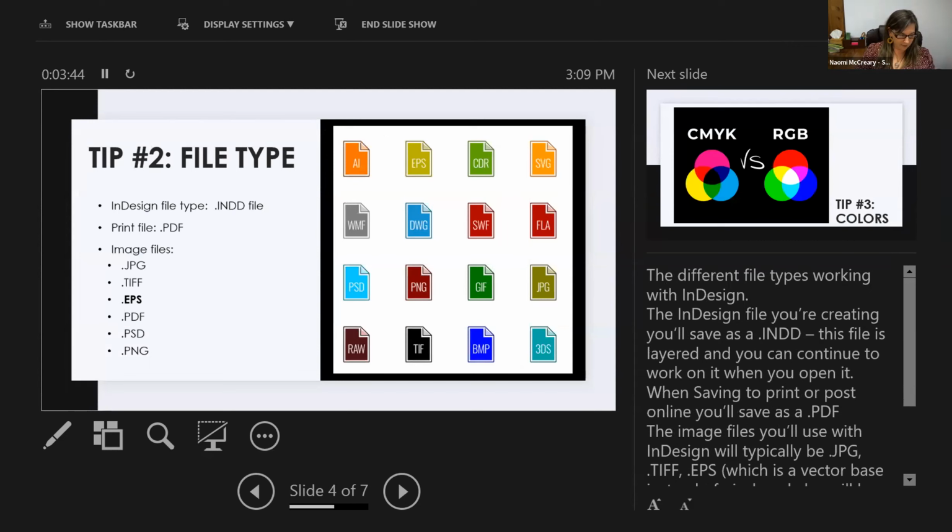The types of files that you're going to be working with in InDesign, specifically, your actual InDesign file that you're working on is a .indd file, and that will be layered, and that's what Hillary will be working on today. The type of file you submit for printing typically is a PDF. I'll talk a little bit in a minute about sometimes when you're submitting for print, what they ask for,